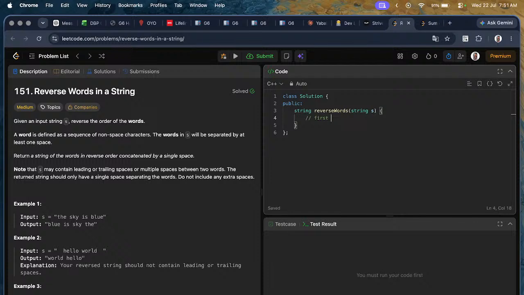So first, remove the redundant spaces. How can we do that? Let's keep track of indices: i equals 0 and j equals -1. int n equals s dot size. If s dot size equals 0,